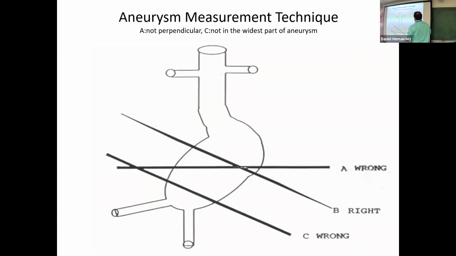So when it comes to measuring an aneurysm, again, we just want to be careful and cognizant that we're measuring in the correct plane and orientation. So we want to measure the maximum diameter of that aneurysm at its widest point. Again, some are going to be in the abdominal aorta, below the level of the renal artery. So here your renal artery is coming off that inferior